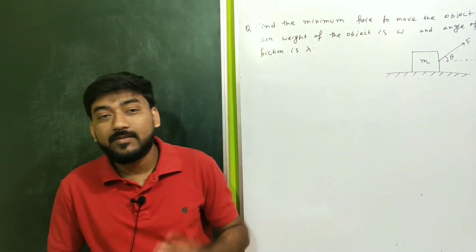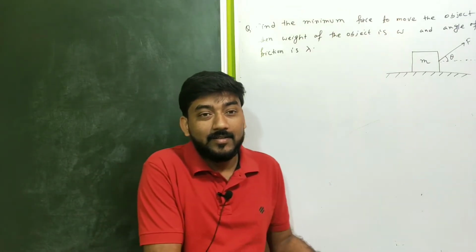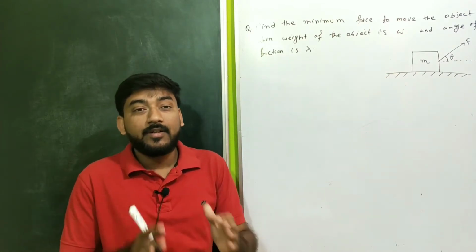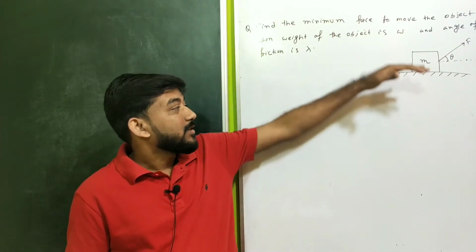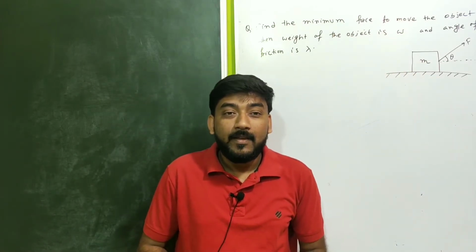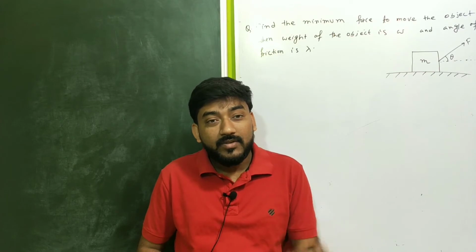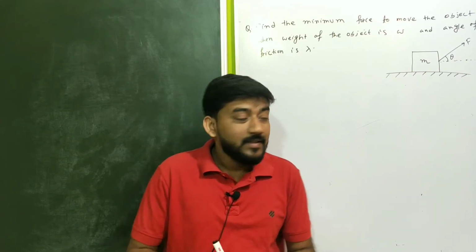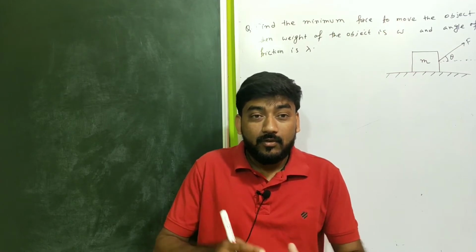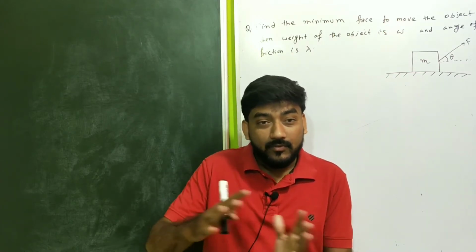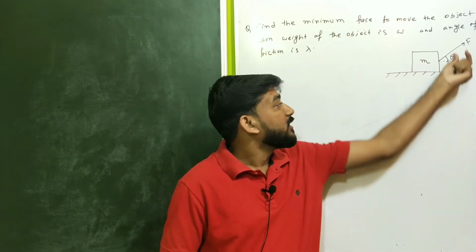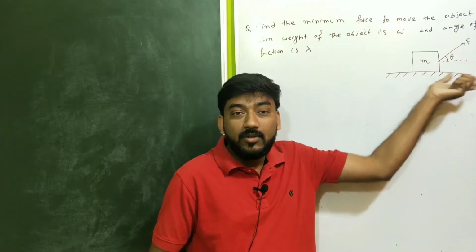That is the only difference between the problem that I did in the last class and the problem that I have written over here. There the surface was inclined, and here the surface is horizontal. But the result is interesting, the conclusion is interesting. You will see that the minimum force F, here also the condition of minimum holds. The magnitude will obviously be different, the magnitude of this minimum force to just move the object.